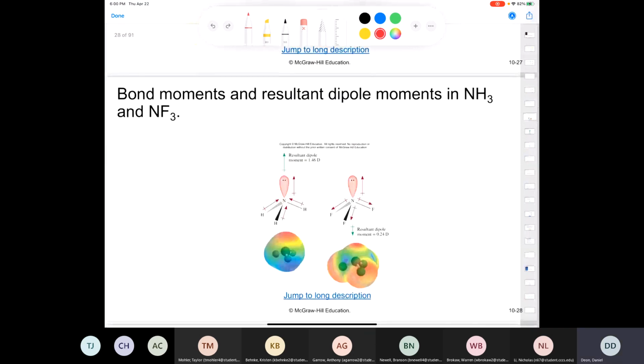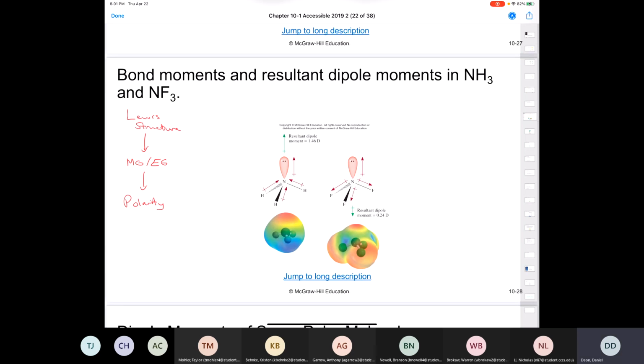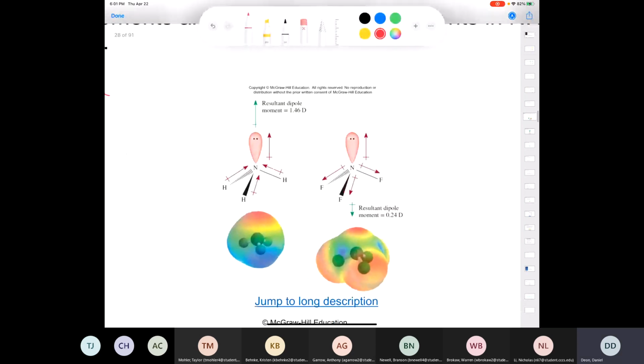Now, what you need to be able to do, and pay close attention, is go from a Lewis structure to determining molecular geometry and electron geometry, to determining what's called polarity. You're going to have to analyze all of the polar bonds in a molecule and state whether the molecule is polar or not. So the first examples that we're going to look at are ammonia, NH3 here, and then nitrogen trifluoride, NF3. But before we take a look at those,